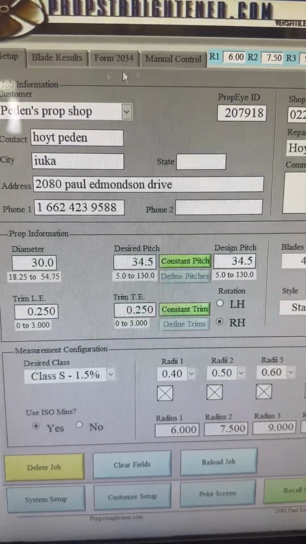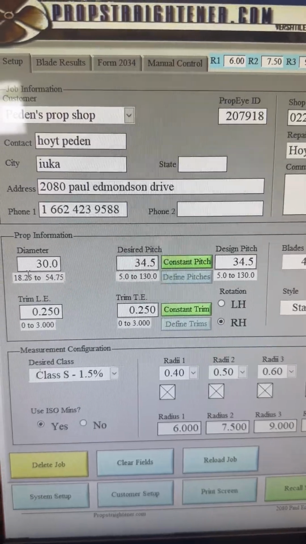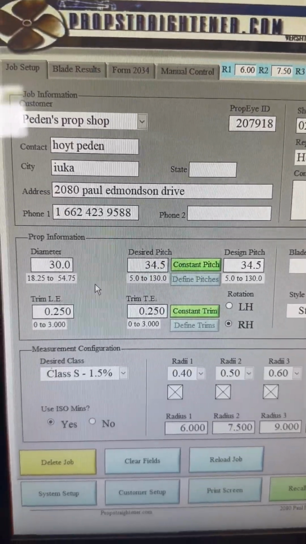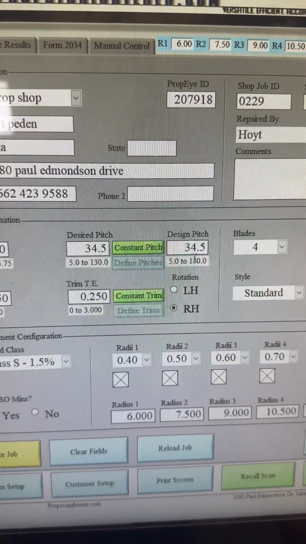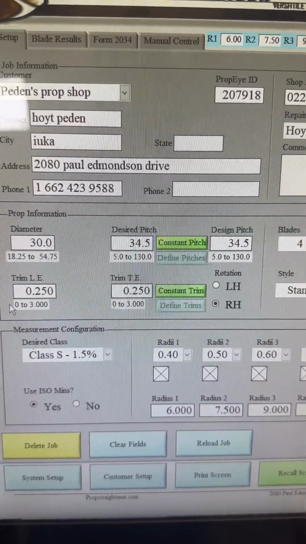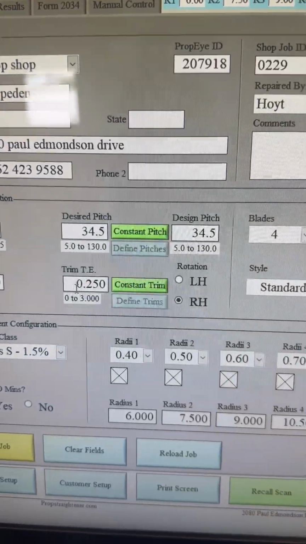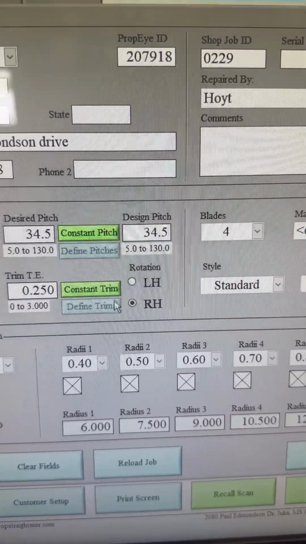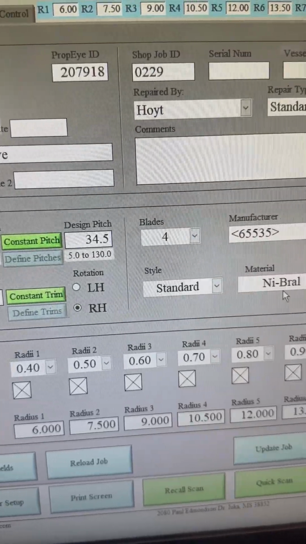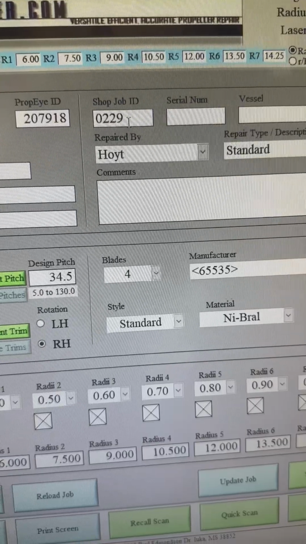This is where you set the customer information up at, the blade type information, diameter of the prop, the desired pitch, the design pitch, leading edge trim, trailing edge trim. That's what you want to eliminate from the calculations of each radii when it's calculating the pitch. Left hand, right hand, four blade, knob rail, comments, customer information, shop job ID,